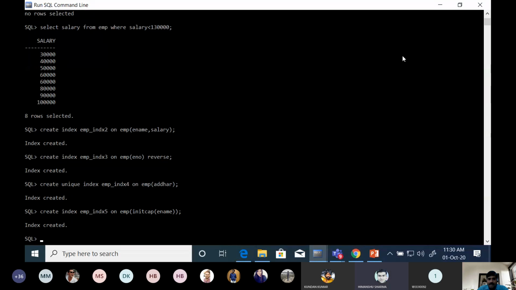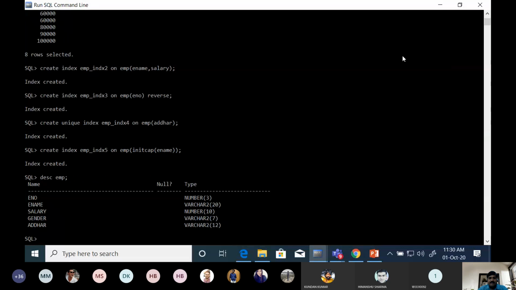Yes, sir. Then the last one is the bitmap index. So on which column can we create a bitmap index? See the structure of this table. On which column can we create the bitmap index?